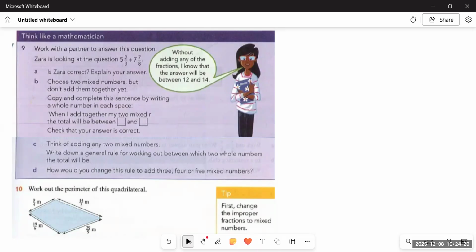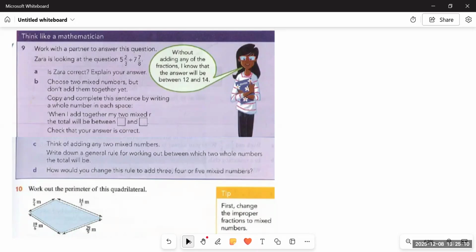So yes, the answer to 2 over 3 plus 7 over 8 would be more than one whole, and together 12 plus 1 would be 13. So the answer would be between 12 and 13, or you can say 13, 14, or even 15. But the answer couldn't be more than 15 because they are not one wholes each. Okay, if we had something like 3 over 2 or 8 over 7, then we could say that the answer would exceed even 5 plus 7 plus 2, and that's 14. So yes, the answer would definitely be between 12 and 14.